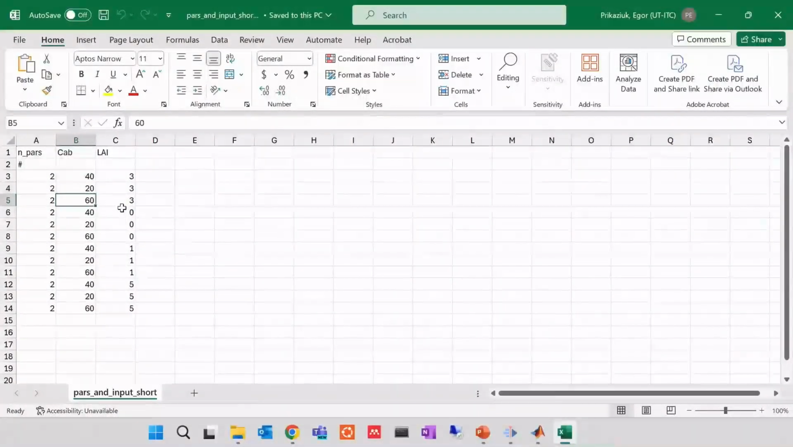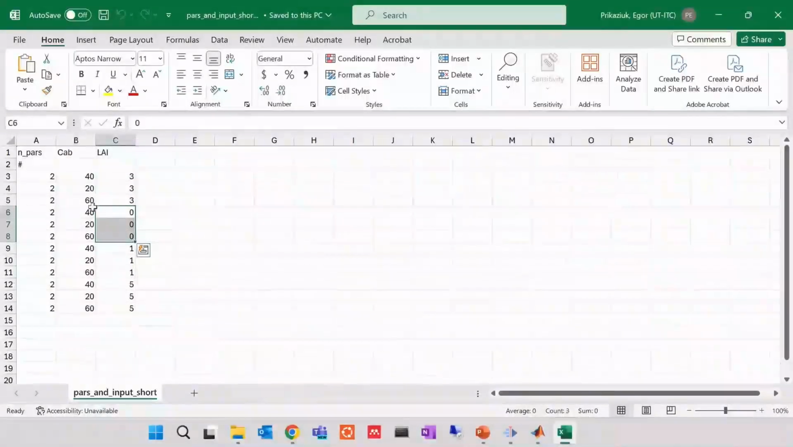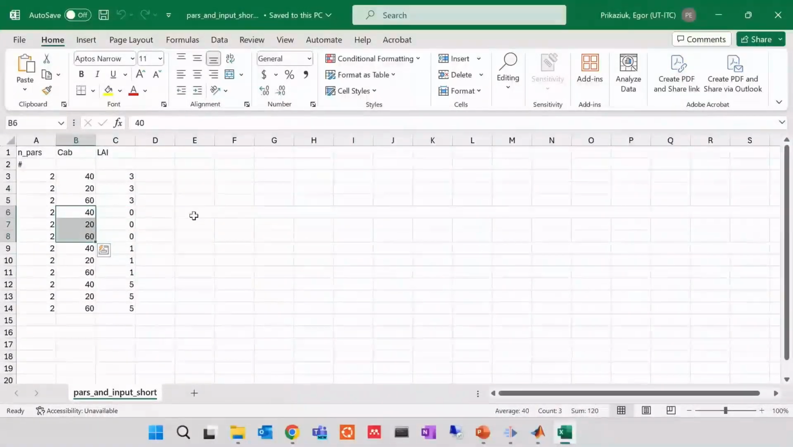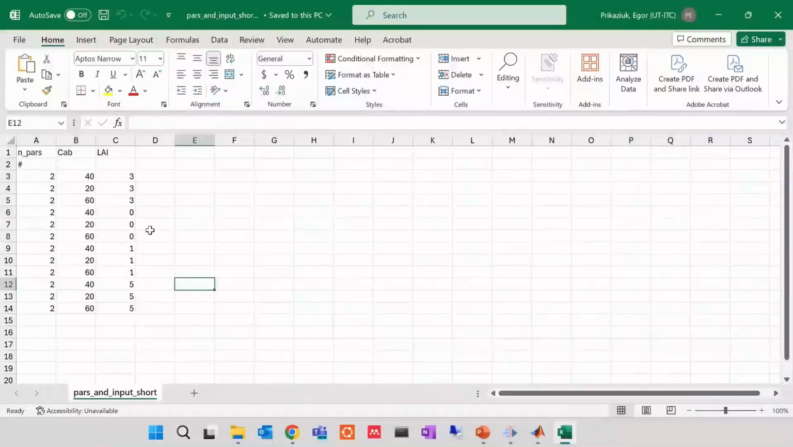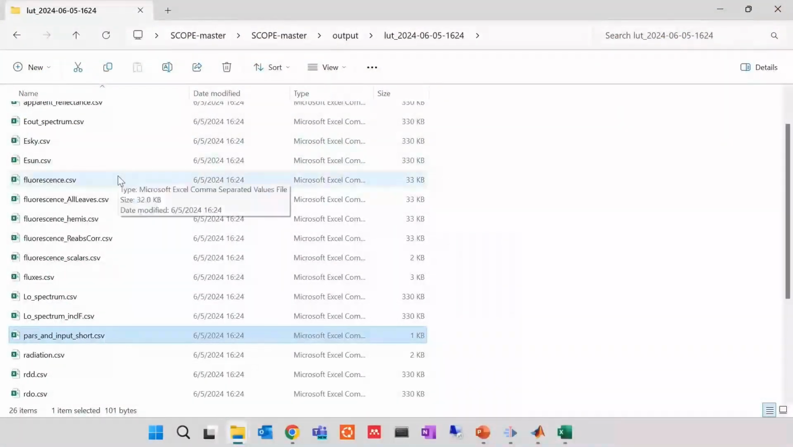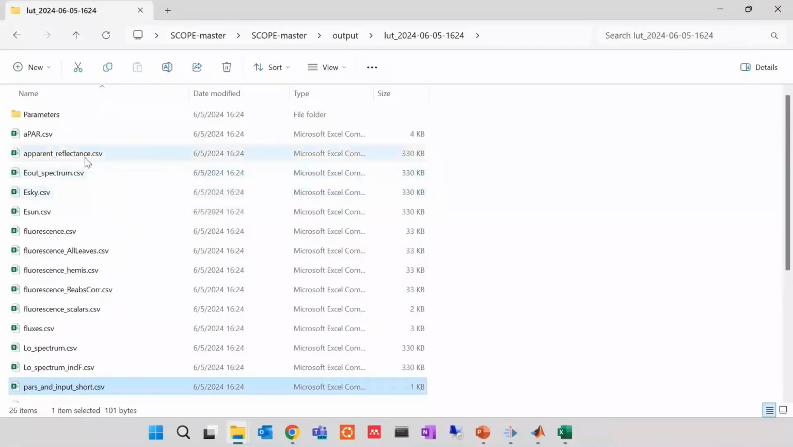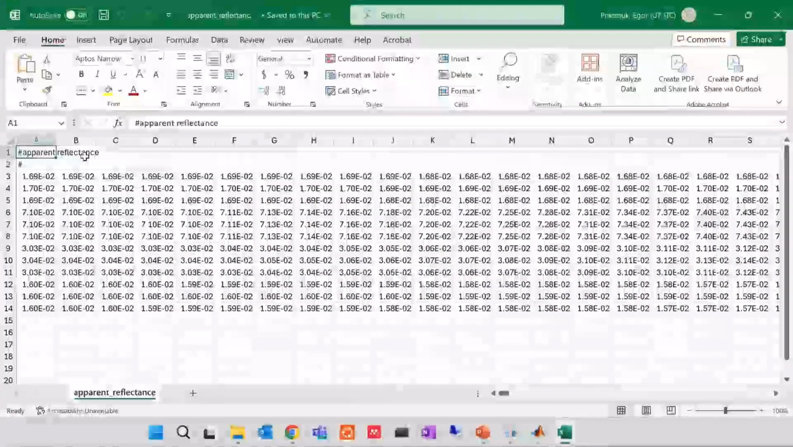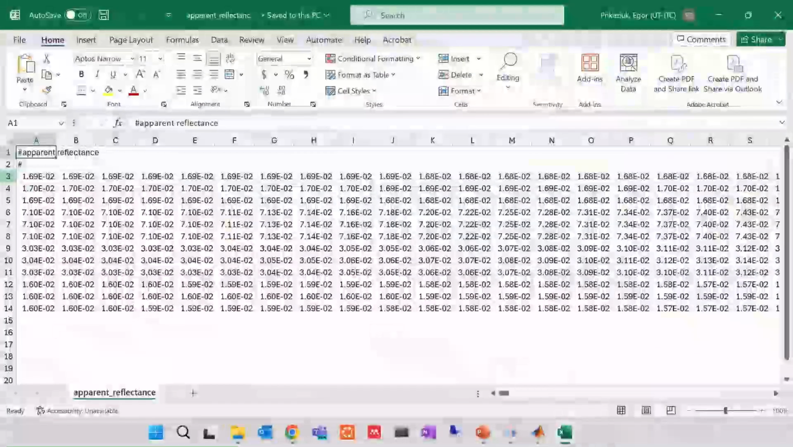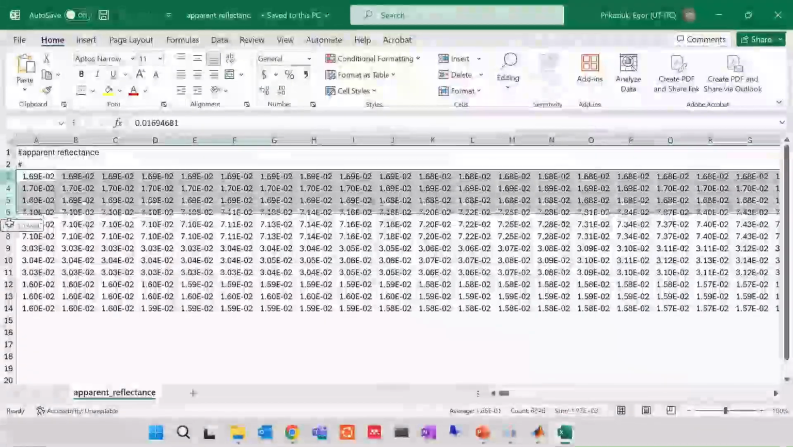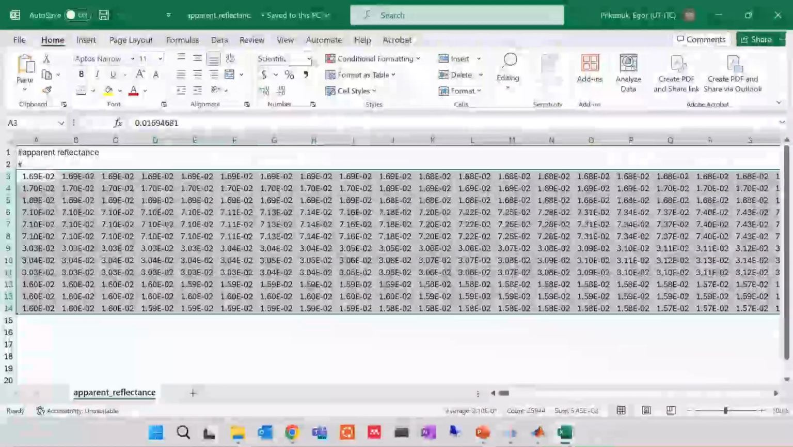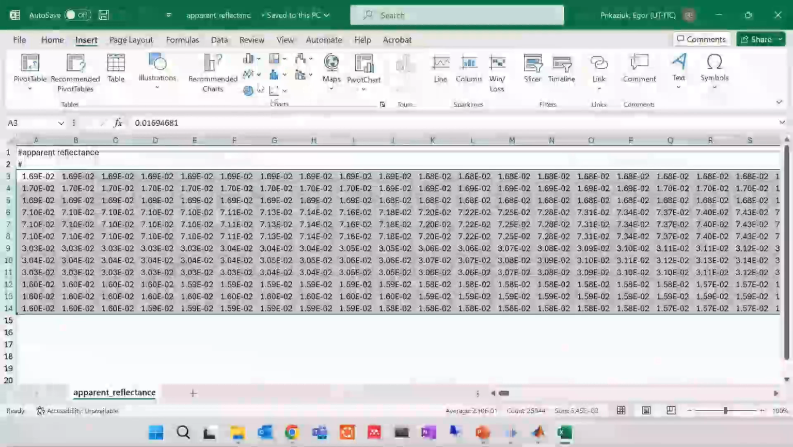Then we change another value of LAI that I provided, and again we take all 3 levels of chlorophyll, and this was done as many times. If we look, for example, at again our file apparent reflectance, which shows spectrum, so reflectance per wavelength, and apparent because it includes fluorescence. So if I plot all of them in one graph,